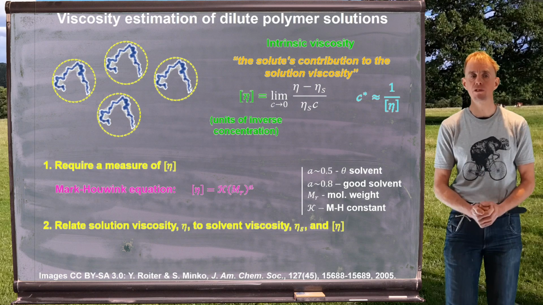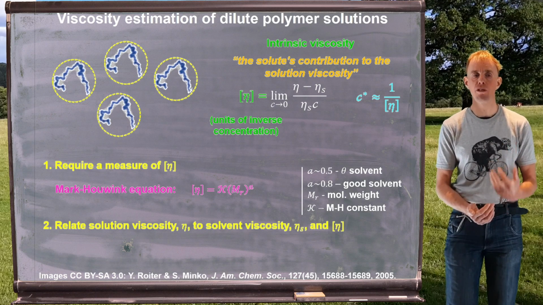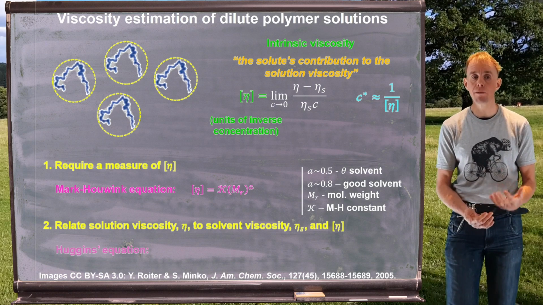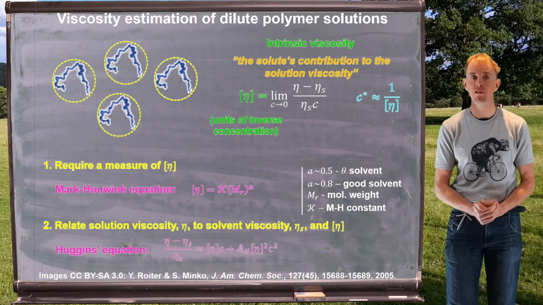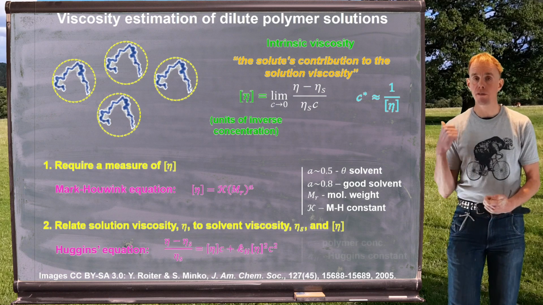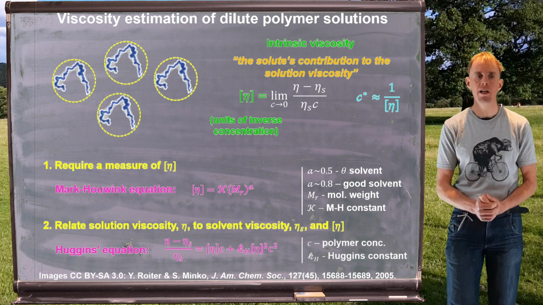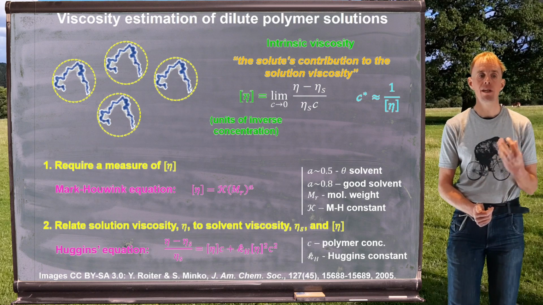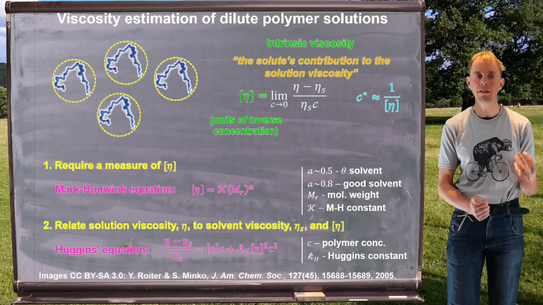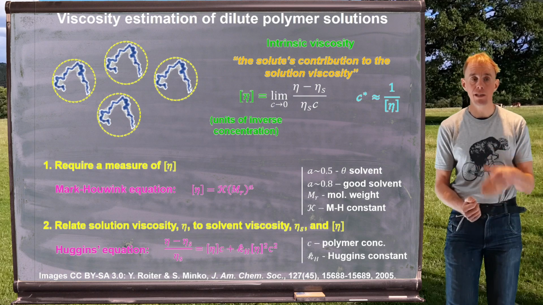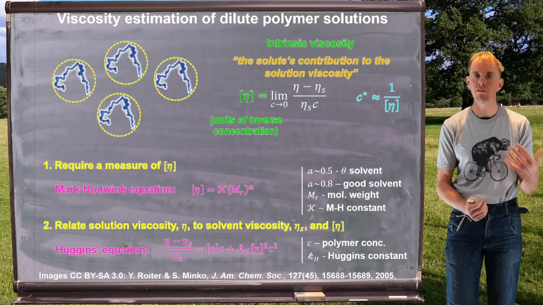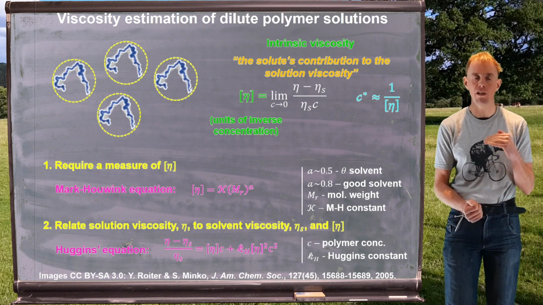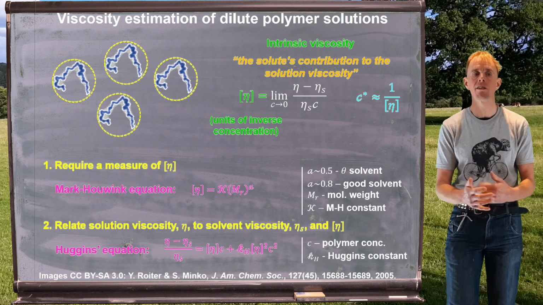Once we have the intrinsic viscosity, we can work out what the solution viscosity is, and there are a number of equations out there for dilute polymer solutions. I've chosen one of the original ones, which is the Huggins equation, and on the left-hand side of the Huggins equation, we have the solution viscosity, eta, being in a quotient with the solvent viscosity. So the left-hand side reads eta minus eta s over eta s,